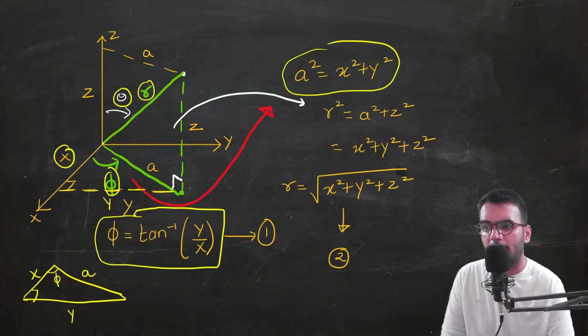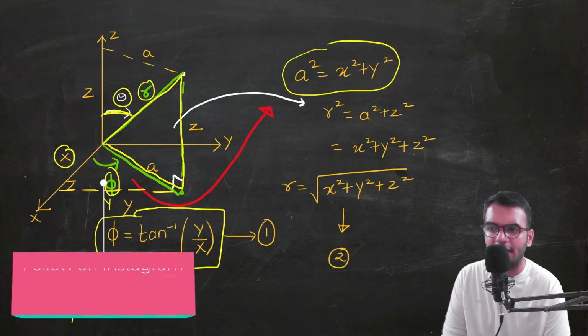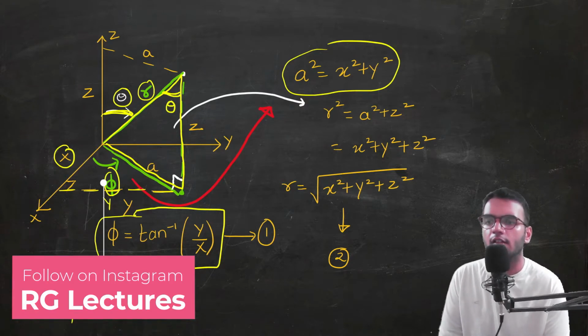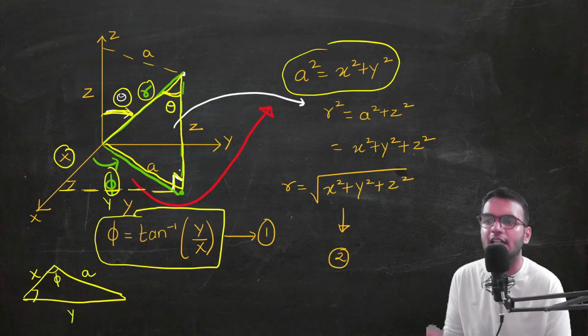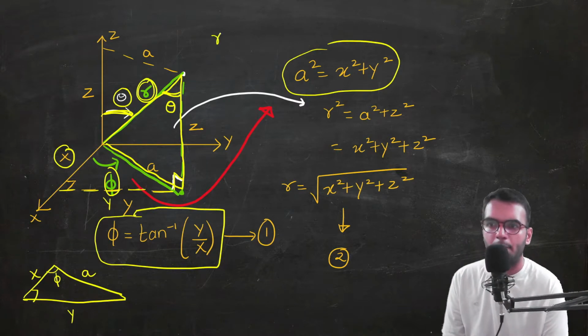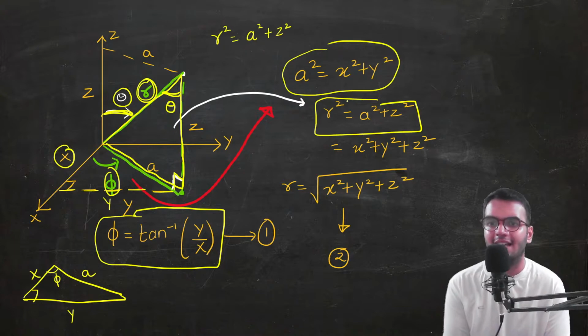In the same way, if I consider this triangle, so what can I get? If this is my theta, then by alternate angles, this is also my theta. This is my theta, this is my 90 degrees. So where will be the hypotenuse? The hypotenuse itself is r. So hypotenuse is equal to the square of this one side plus the square of the second side, which is this thing. Use the value of a here.